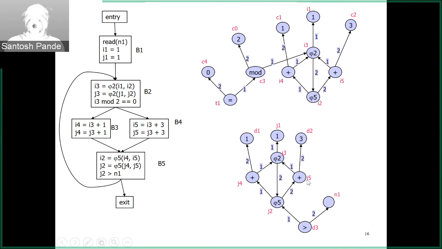However, J4 and J5 are not equivalent. It's easy to also see that because their operand number 1, although it is the same, J3, operand number 2 is going to 3 in case of J5, and in case of J4 it is going to 1, and therefore they are distinguished based on their operand number 2, which are two different constants. So that's how partitions will get split, and some partitions will remain the same, and that's how the algorithm will